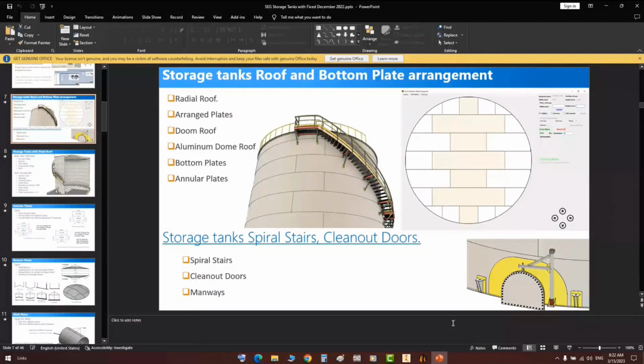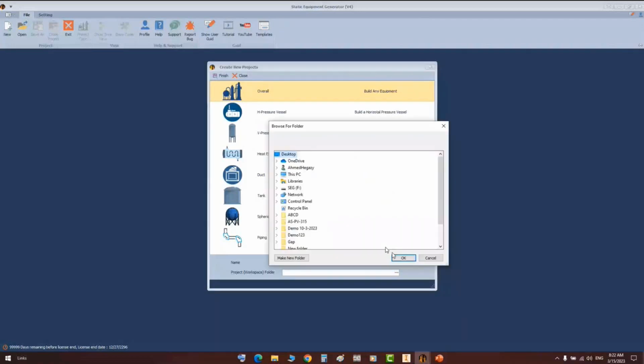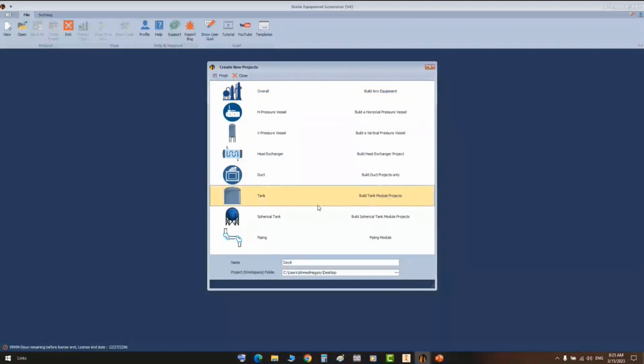But today we will discuss the storage tanks in detail, inshallah. Inshallah, we will make a new project. From here, we will click on New to start our new project. And from here, let's select the location for the project. And now you will be able to select the suitable module. When you select storage tank from modules and click on Create or Finish,